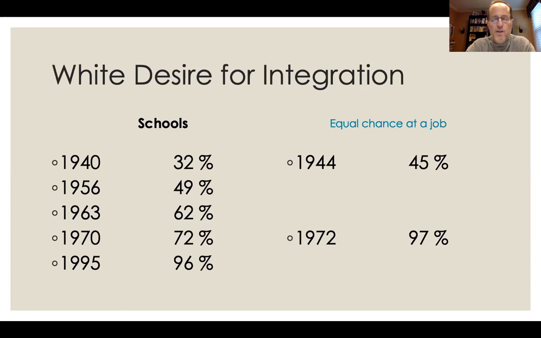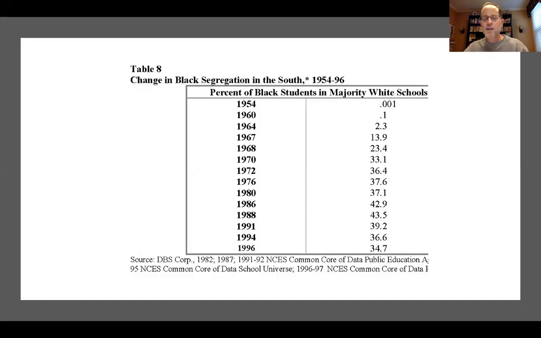The Warren Court does, I think, have an impact in hearts and minds. So you can see that there was a significant growth in the desire among white folks for integrated schooling. And that's an impressive benchmark there. You can see the chart I was hinting at yesterday. From 1954 to 1964, only 2% of Black students were in majority white schools. By 68 or 70, by the end of the decade, a third. Then you can see the peak of integration is roughly 1989, and 1989 is when we see the slide downward.